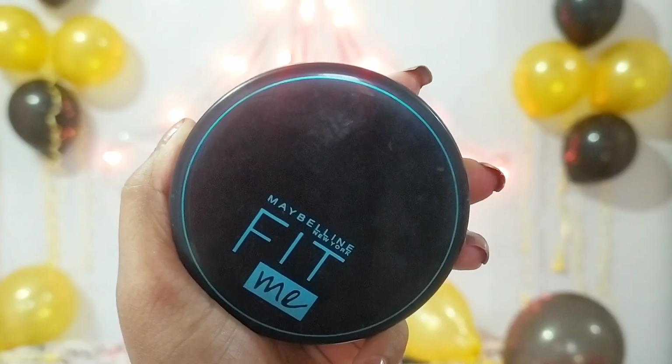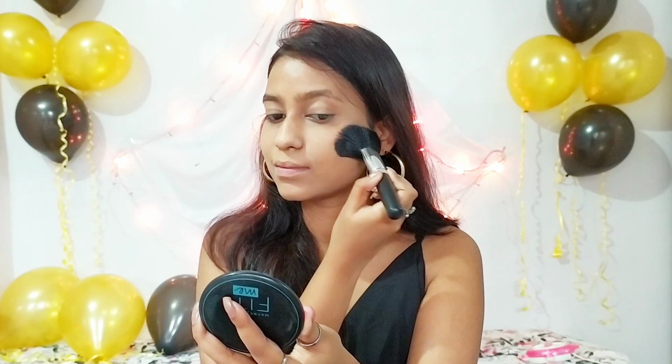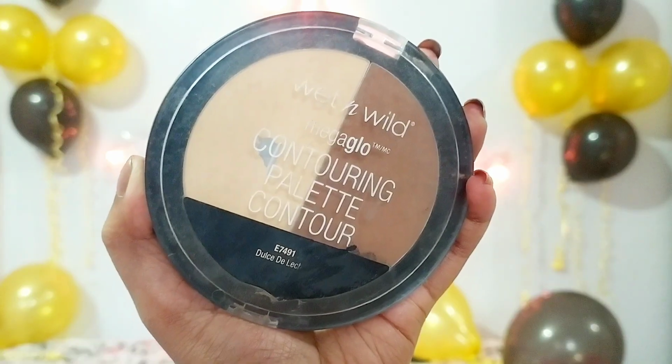Up next, I'm taking the Maybelline Fit Me Compact in the shade Light Beige and applying it all over my face with a big fluffy brush. Then for contouring, I'm using the Wet n Wild MegaGlo contouring palette and contouring my cheekbones, my nose as well